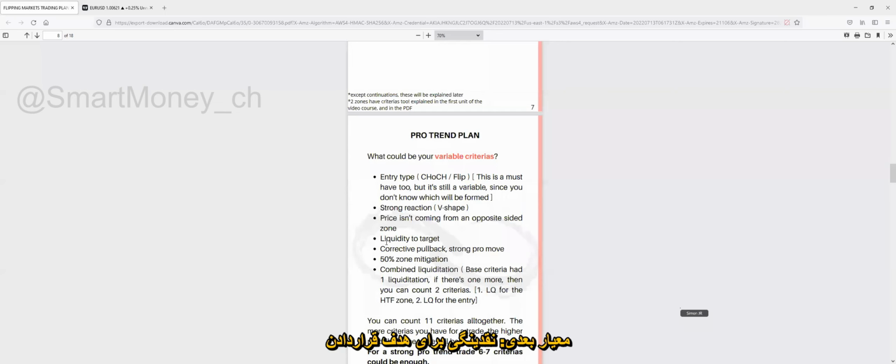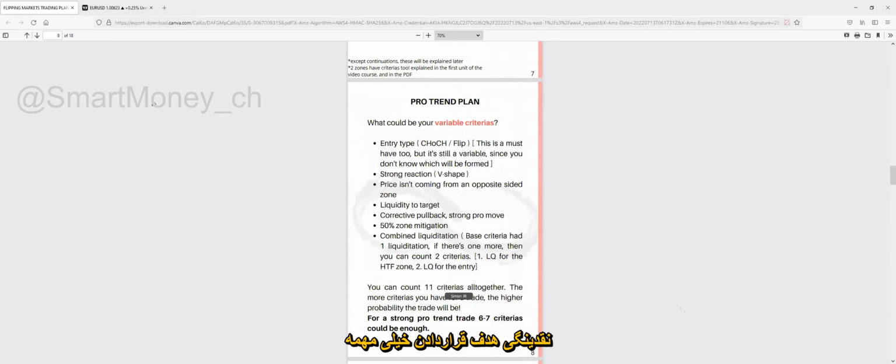Another criteria, liquidity to target. Okay, what is liquidity to target? Liquidity to target is a really, really strong criteria that you can have. If you have liquidity to target for a trade,